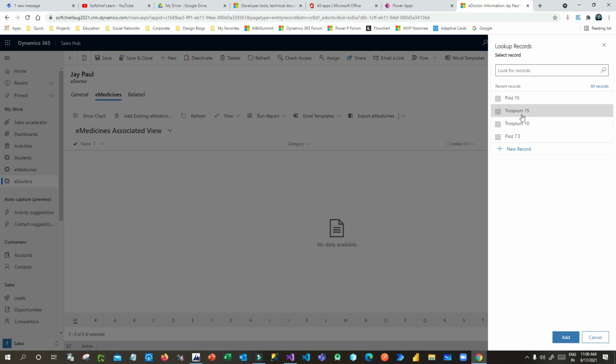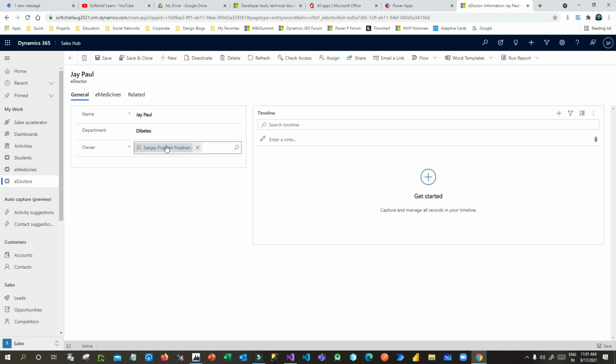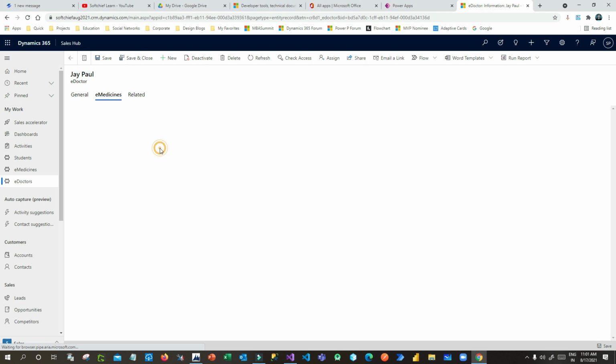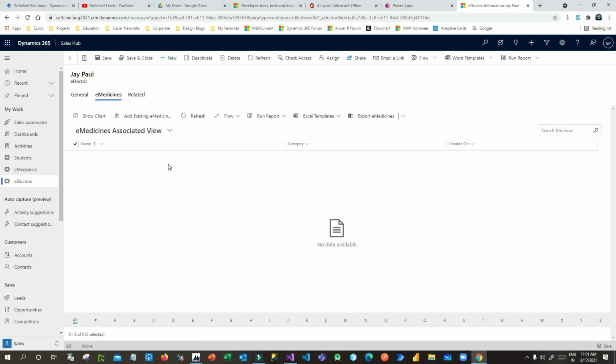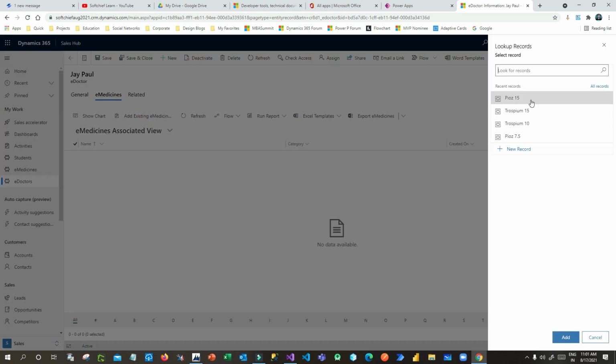Now as medicines are from different categories, the restriction is that the user should not add different category medicines to a doctor. For example, let's say this doctor belongs to the diabetes department. That means you cannot add any non-diabetic medicines. For example, if you click add existing medicine, I can choose Pios 15, which is a diabetic medicine,